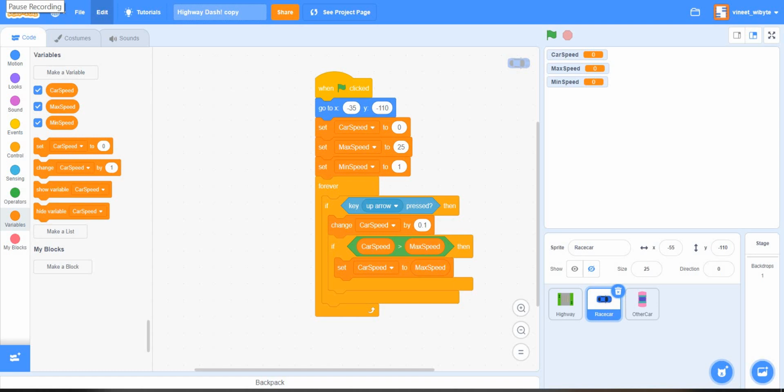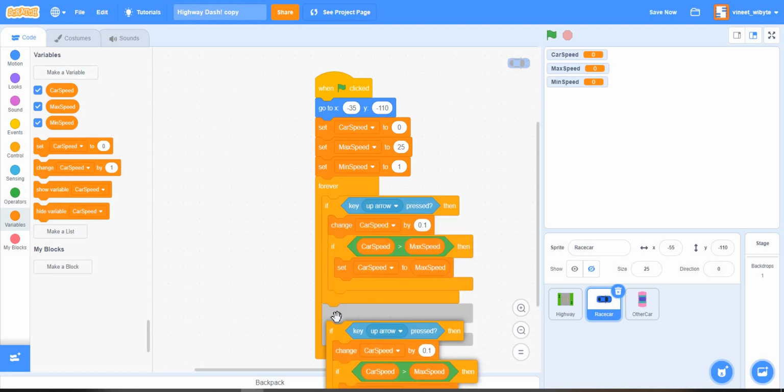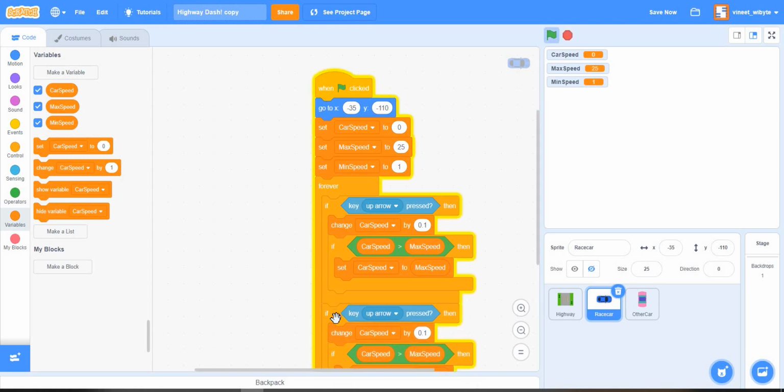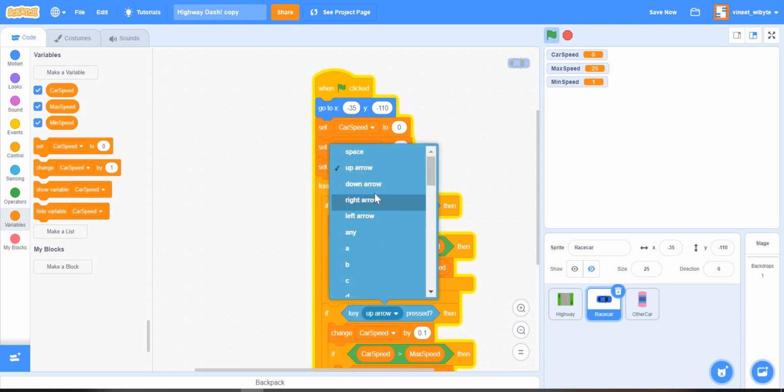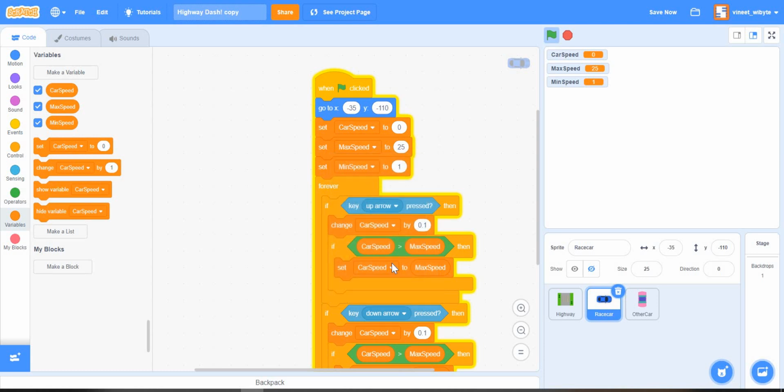Now we can continue and give our car also the ability to brake. The way I will do that is I'll just duplicate this code, and instead of up arrow pressed, I press the down arrow, and then I'm going to change the car speed by something like -1.